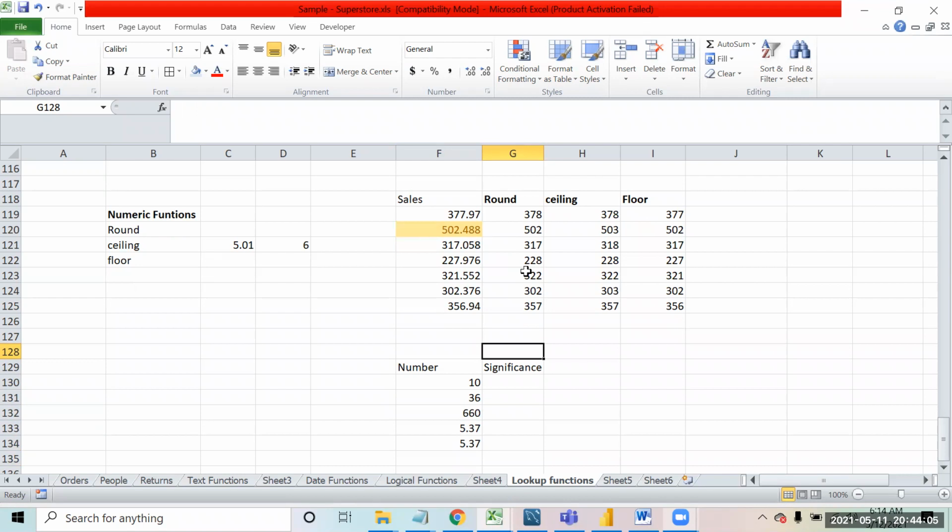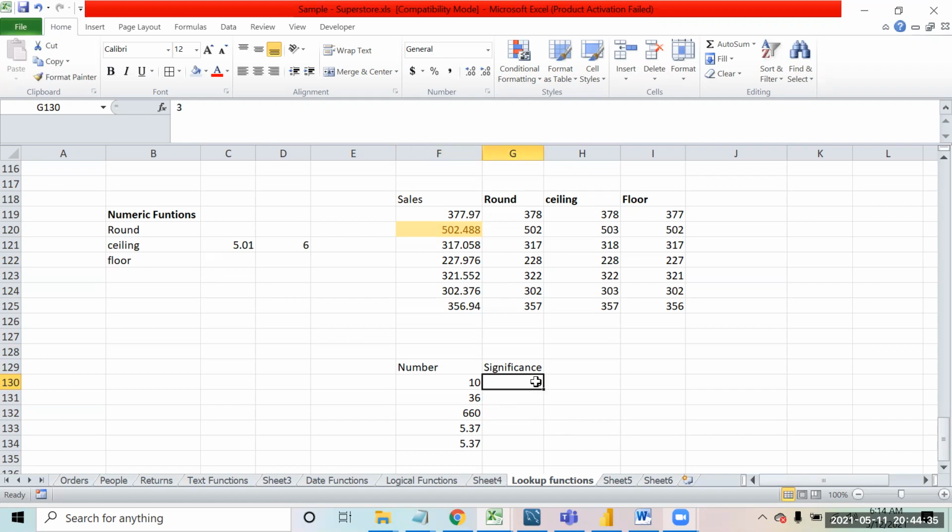For example, if I write significance as 3, understand that floor is always going to take the number down and ceiling is going to take the number up. Now the number is 10. What is the nearest multiple of 3 to 10 on the lower side?